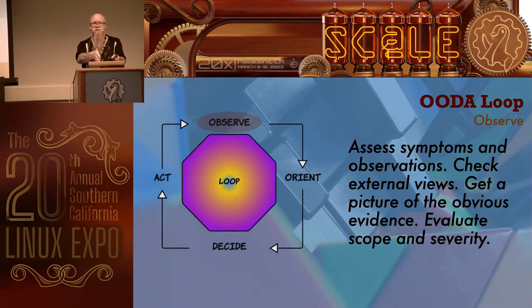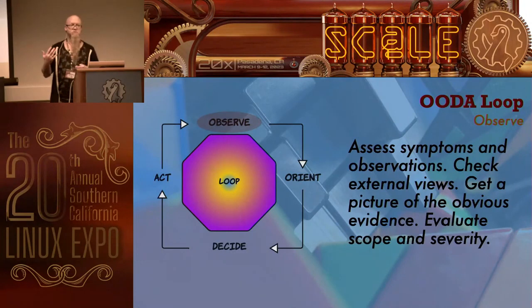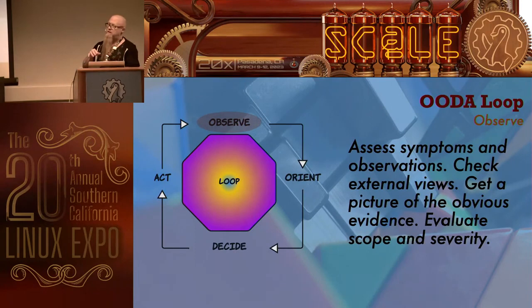So we enter the OODA loop with the observe phase. In the observation phase, this is where the incident starts. We're assessing what's going on. We're trying to figure out, do we have some external views of what's going on? Is it a gray failure? Is it a customer reported problem that we have no internal monitoring on yet? Try to assess the context of what's going on. Evaluate scope and severity at this moment. Now, we had that flow chart that helped us. That's sometimes a really helpful thing in these fast-paced incidents, to be able to have these graphical things to look at.